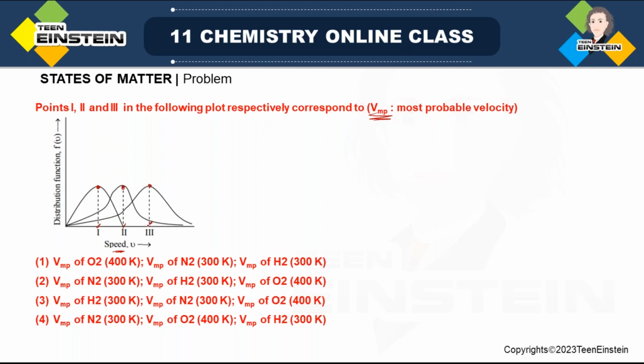So these are three different speed values. Points 1, 2, 3 in the following plot respectively correspond to, now look at these 4 options. All these are VMP,